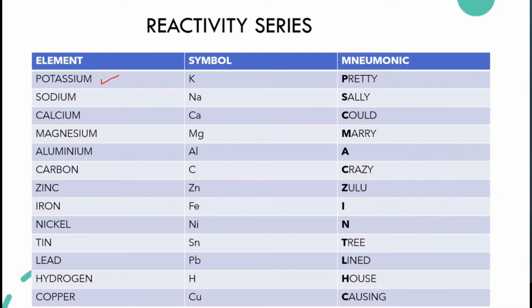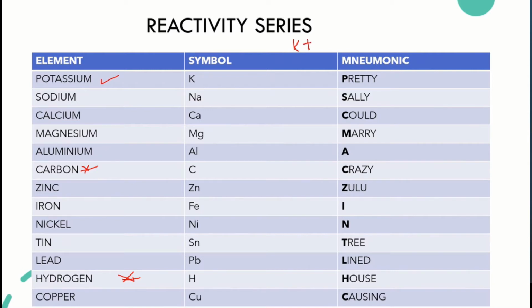Now one exception here is that we have placed the element carbon here and another is hydrogen here. Now hydrogen is a reference. The elements which are above hydrogen, they can react with water or dilute HCl and displace hydrogen. Like if we say K